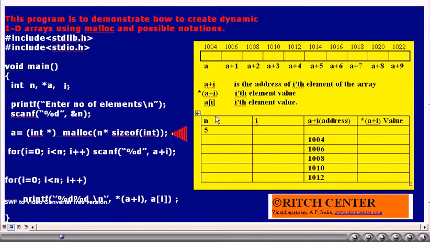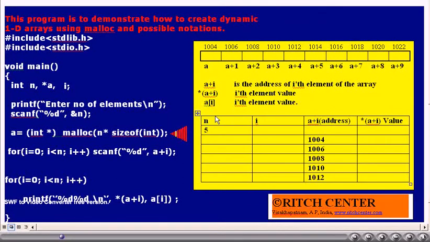If A were a character pointer variable and A value is 1004, then A plus 1 becomes 1005, A plus 2 becomes 1006 and so on. If A were a float pointer and the machine uses 4 bytes for float, then if A is 1004, A plus 1 becomes 1008, A plus 2 becomes 1012 and so on.